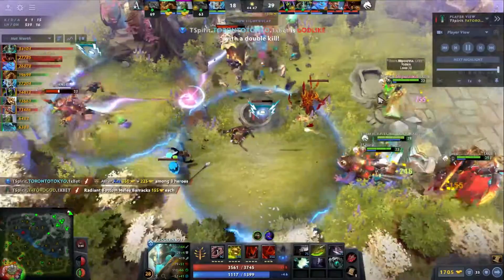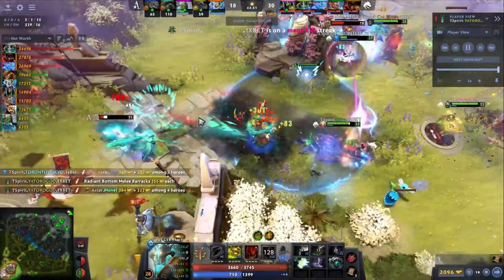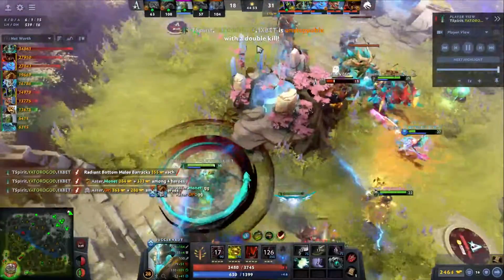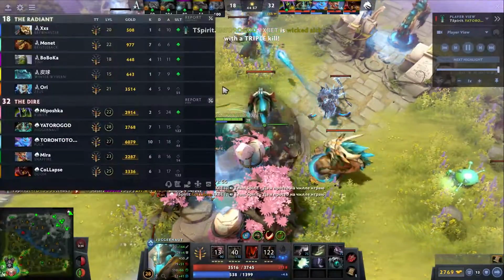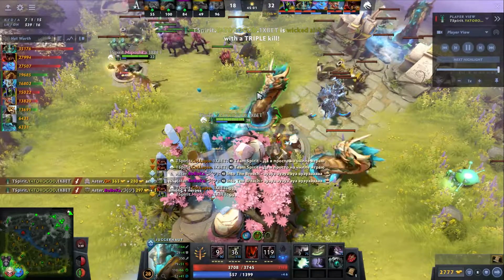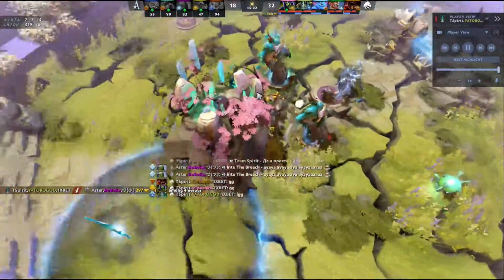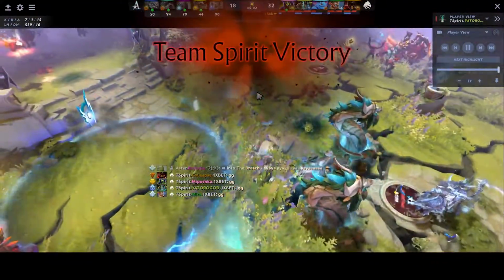The stolen Nimbus and now the coil. But Baboka, he's got other plans, trying to find Toronto Tokyo, who just fake shifts as Juggernaut slices into fountain to force the GG. What a performance from TSpirit in this game number 1. Game was pretty even 15-16 minutes into the game when Team Aster did put a lot of pressure picking up that Aegis and the